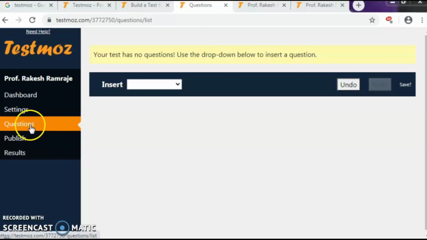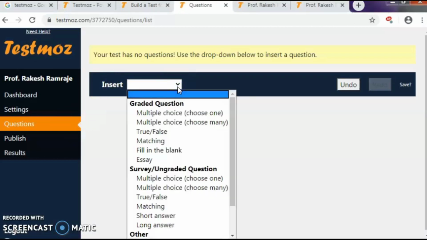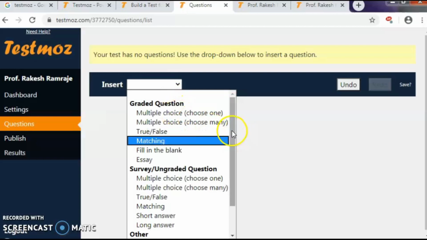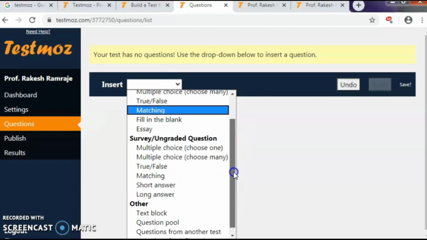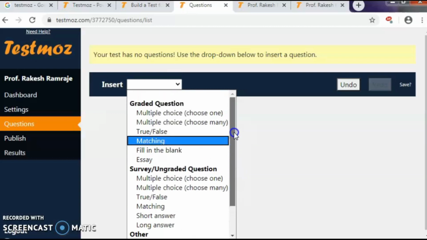In that, on the left hand side, the option given is questions. So let's see how to add questions in TestMoz. For that, one option is given in the window, that is insert. Just click on the downward arrow of insert so that graded questions, survey, ungraded questions and other types of questions, the list of various questions, is open in front of you.